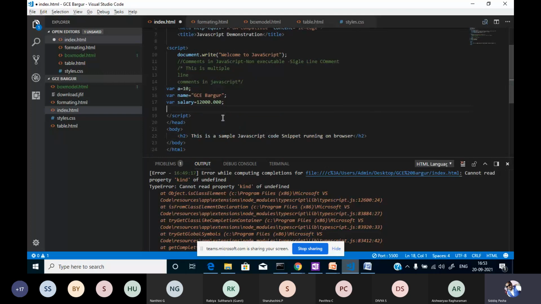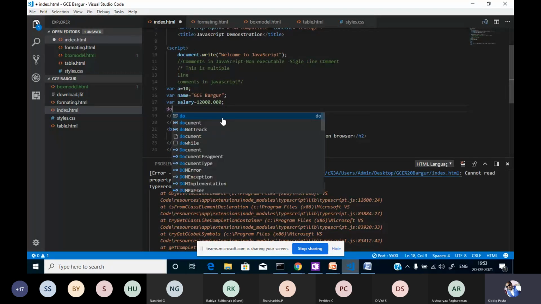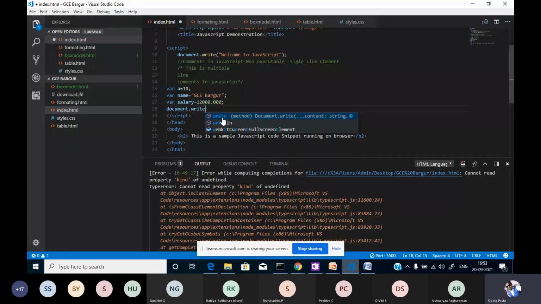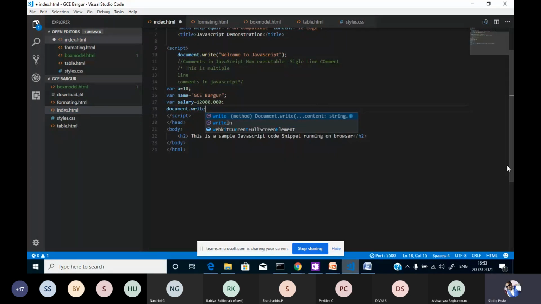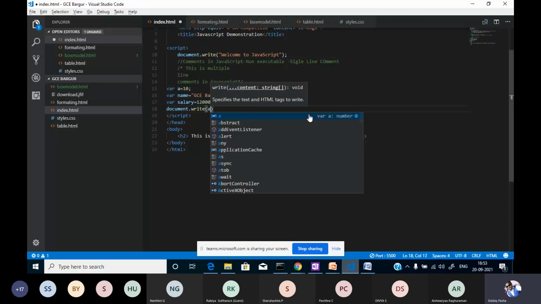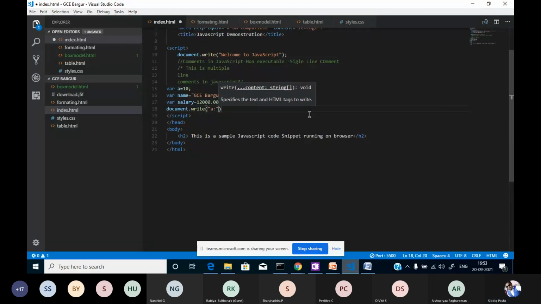I'll print using document.write. Here I'll write something, say a. So I'll write here "a is" plus a.